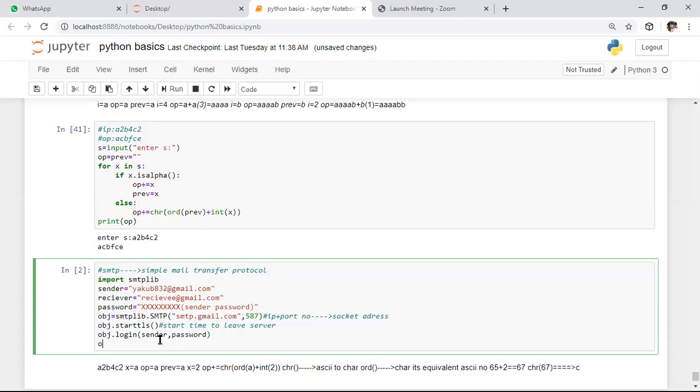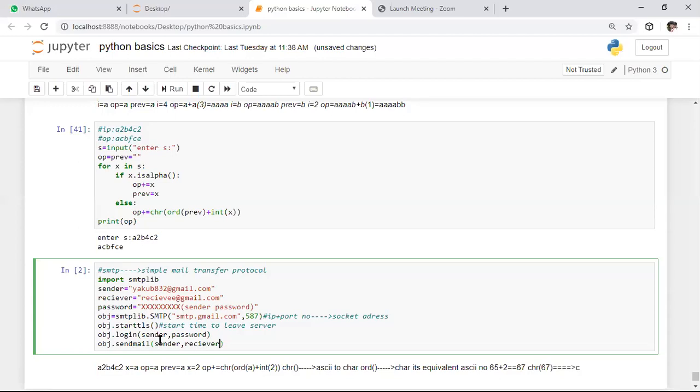To send a mail to any person, we need to use the sendmail function. In the sendmail function, we need to specify the sender mail ID from whose mail ID we are sending the mail. After this, we need to specify the receiver mail ID.